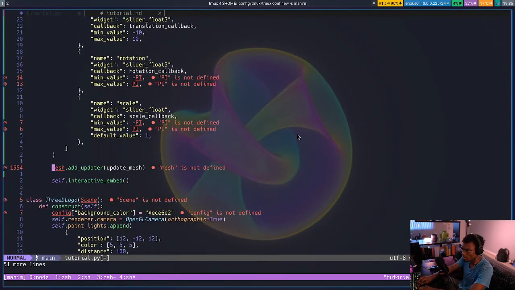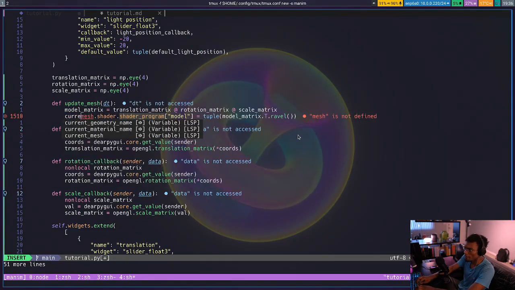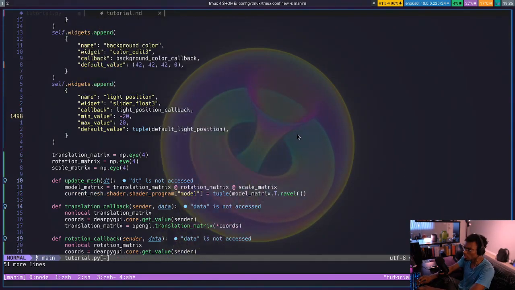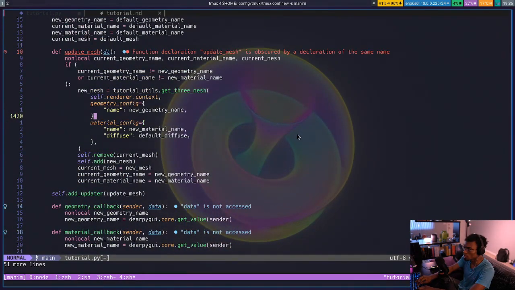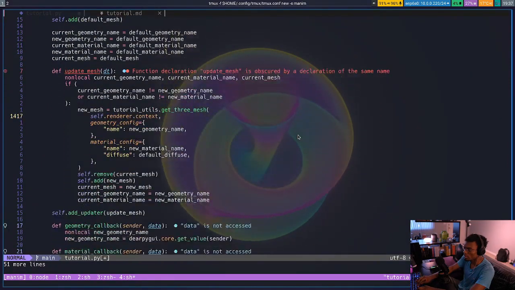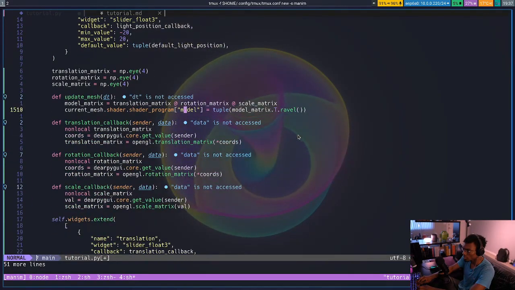Yeah, I want to add that to the scene. Let's just take DT. Has to be the current mesh. And to update its model matrix, to do this,